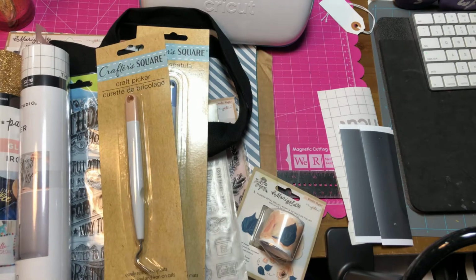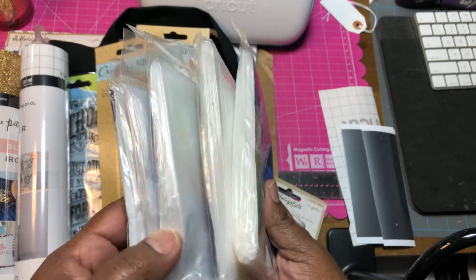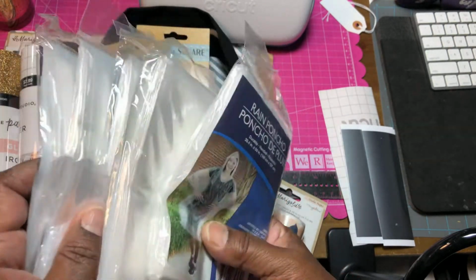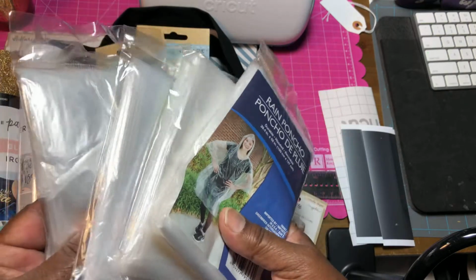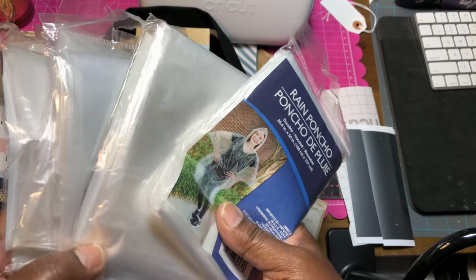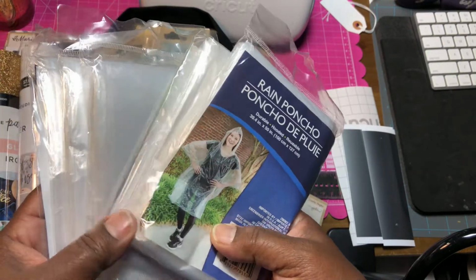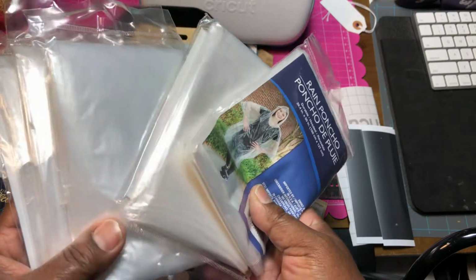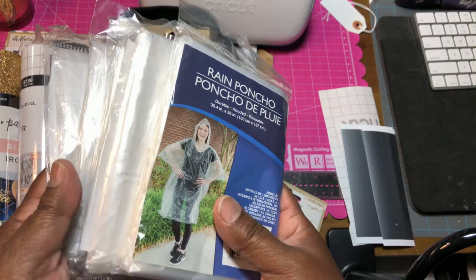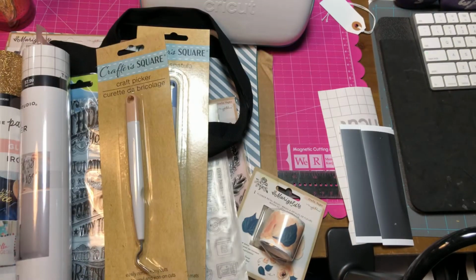And then we're going on a trip next month to Orlando, and you have to have ponchos. So it's 5 of us. So I figure I'll probably get another. Thinking about it, I was like, I probably need to get more, so we won't have to worry. If it rains, we use it, and then we might throw them away or something. But anyway, I went ahead and picked up these,